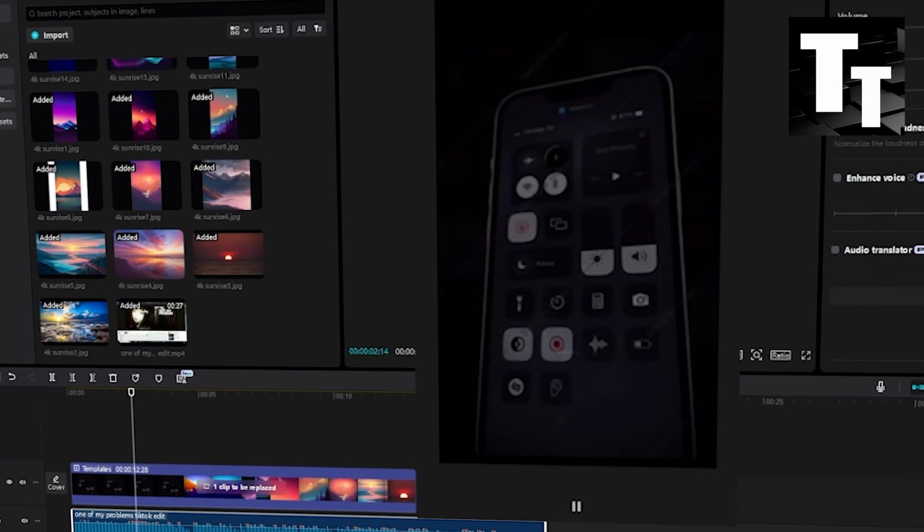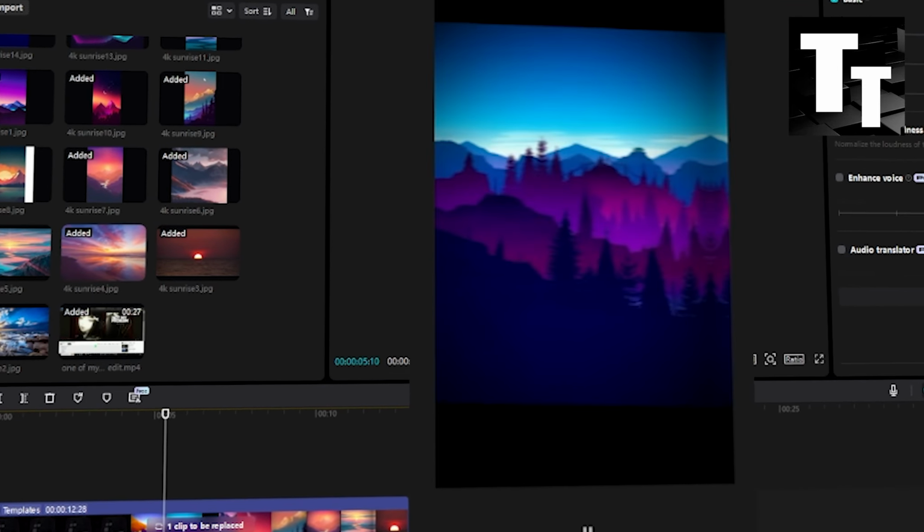In this free tutorial, we're going to show you how you can create social media edits fast in CapCut PC completely